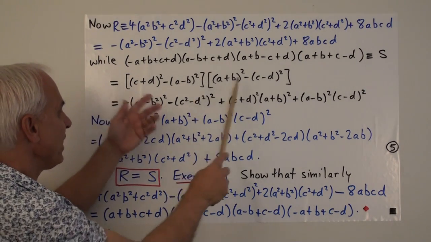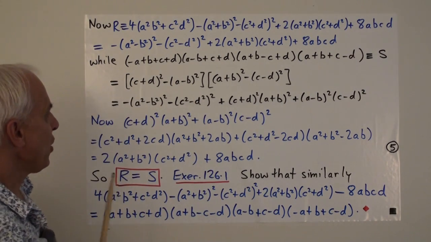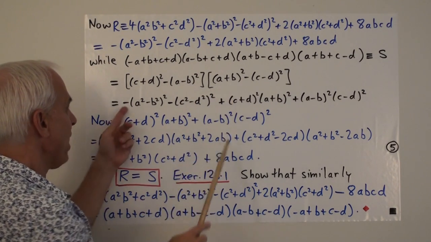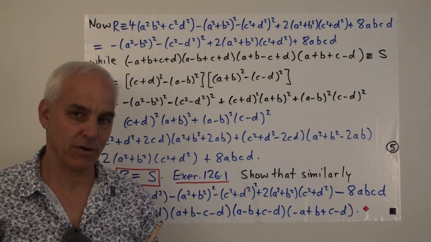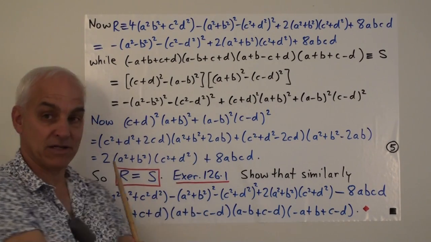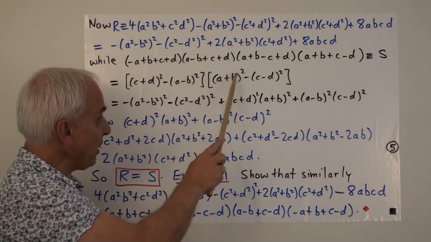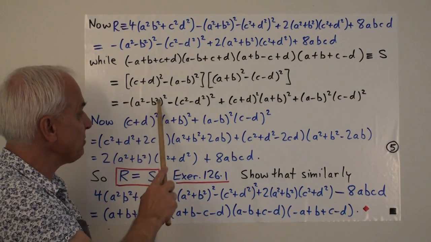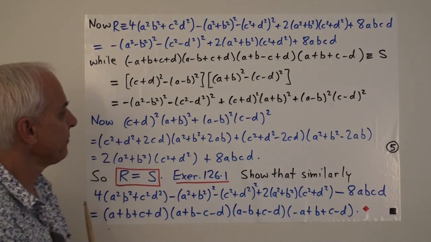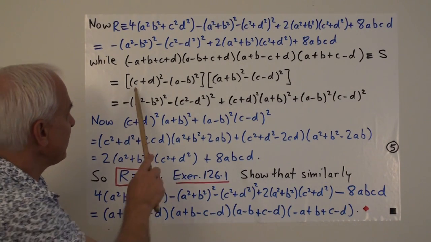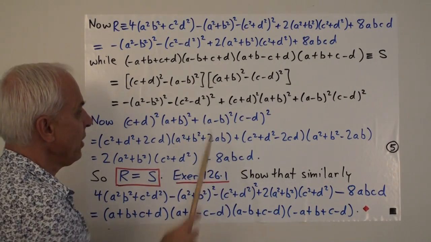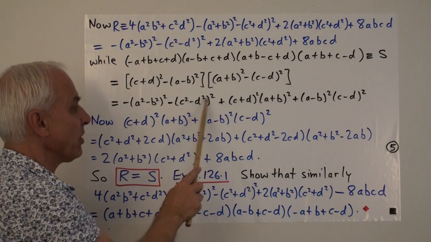Okay, if we expand this out, there is a minus b squared times a plus b squared with a minus sign. What would happen if we multiplied those two together? Well, the a minus b times a plus b is again a squared minus b squared. The fact that we have a square here and a square here will give us minus a squared minus b squared all squared. That's the result of taking this times this. In a similar way, if we take c plus d squared and multiply by minus c minus d squared, we get minus c squared minus d squared all squared.